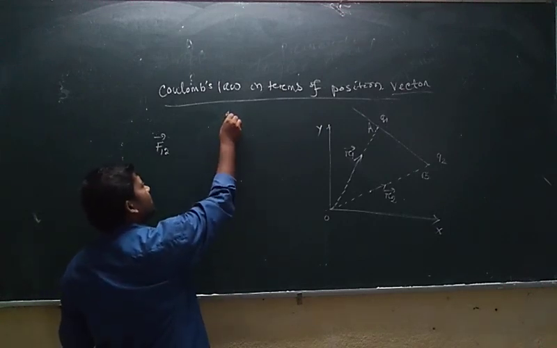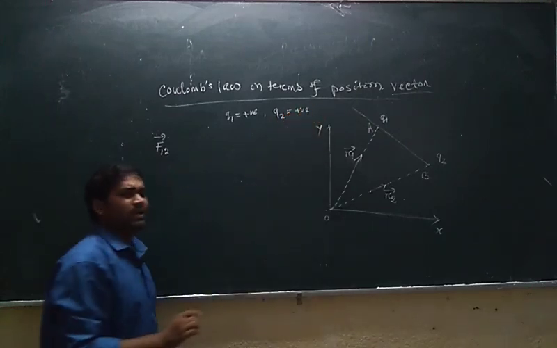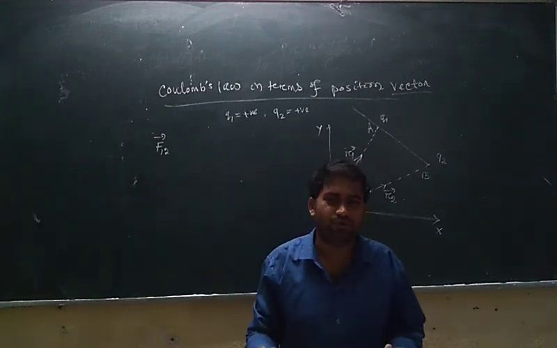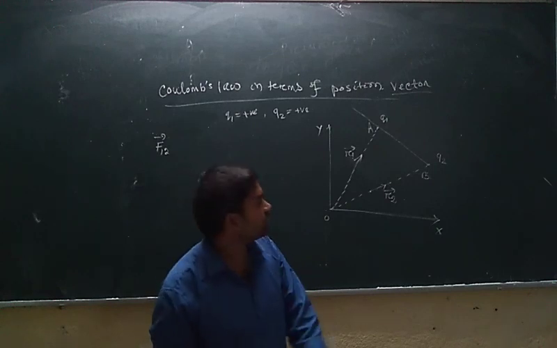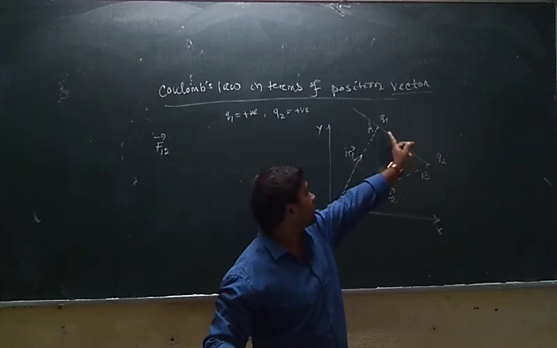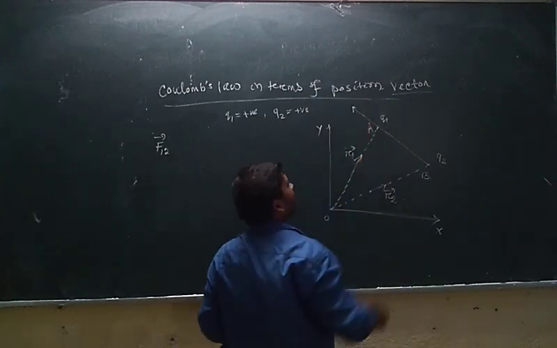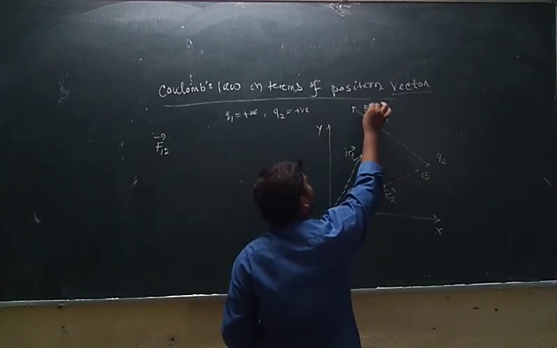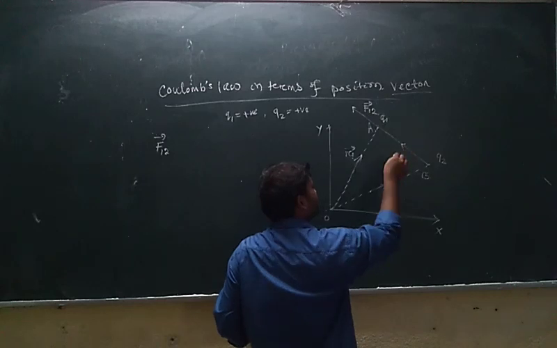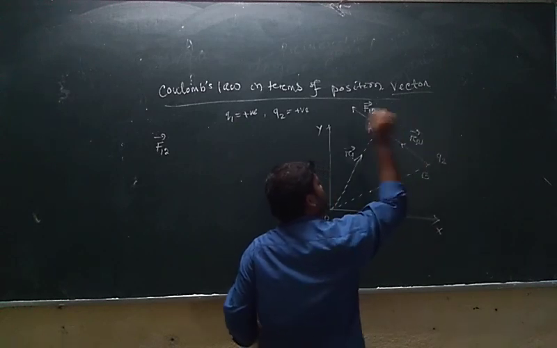I say Q1 is positive, Q2 is also positive, okay. And when both charges are positive in nature, we experience a repulsive force, and the action starts from the Q2 charge. When the action starts from the Q2 charge, the Q1 charge will repel, and it repels along the BA direction. So that will be the direction of the F12 vector, and this displacement is from 2 to 1, so that is the R21 vector.